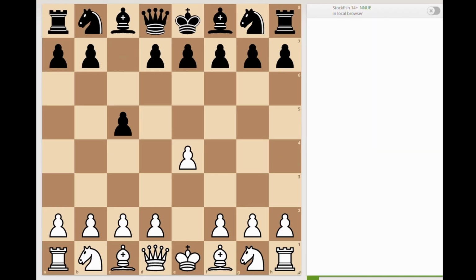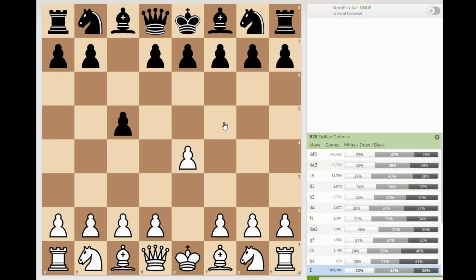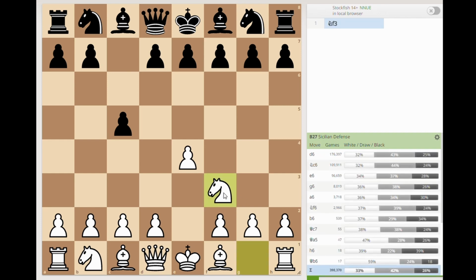So going into the opening book, we can see that there's a couple main moves that white can play. So white can play knight f3, knight c3, c3, and d3. So really, I would say there's only one move that white should really ever play, at least in this position. That's knight f3, and now we get to the